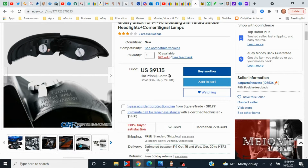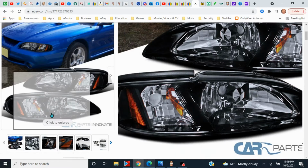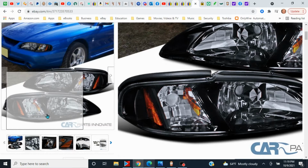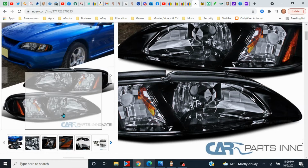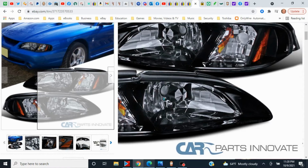And these are the car parts, Innovate, and the lens holes for the turn signal is in a location that it won't clear the mount assembly for the bumper and headlight holder. So I had to cut out a 4x4 hole for that to go in there. So I don't know if you'd want to do that or not. In my case, that assembly on mine is cracked, and I'm looking to take it off another vehicle and replace it. And in that case, I'm thinking about